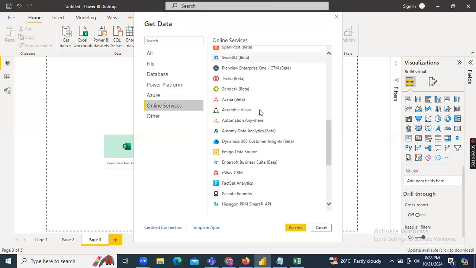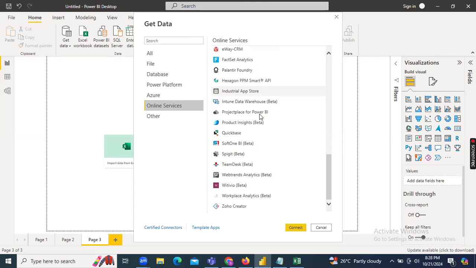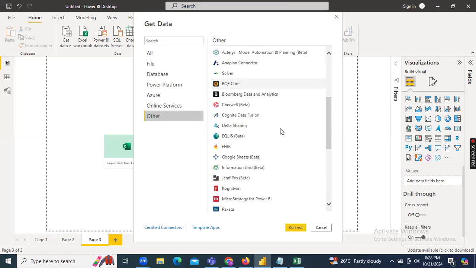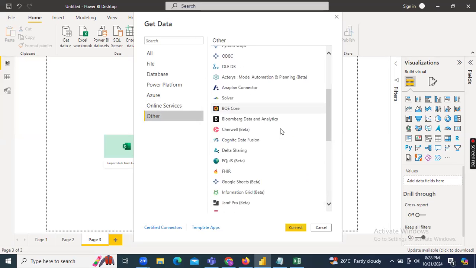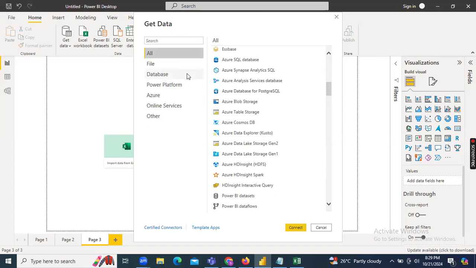In the project, once you join the organization, they will tell you what type of data sources they are going to use. And in the interview also they will ask you how many data sources you have connected through Power BI. But mostly in the training period we will connect to Excel, and later we are going to learn how to connect to the SQL Server DB. Once you learn one DB, it is similar for other DBs also, how to pass those credentials. Now, hope you understood how to connect to data sources, guys.